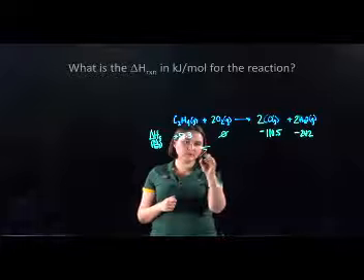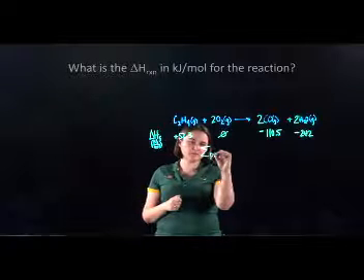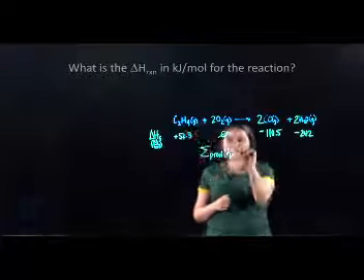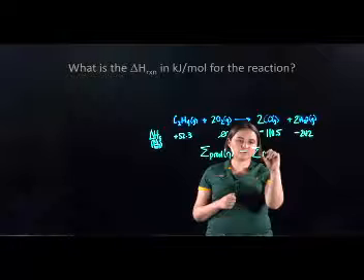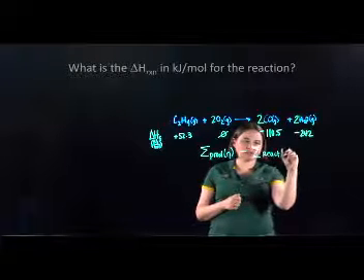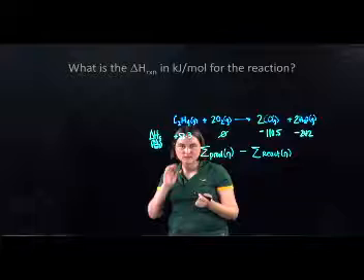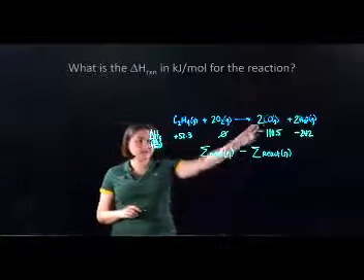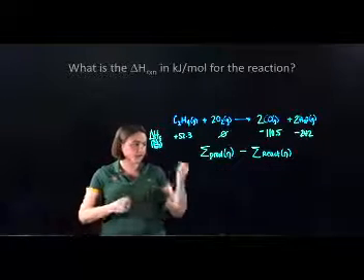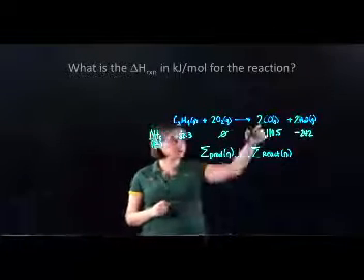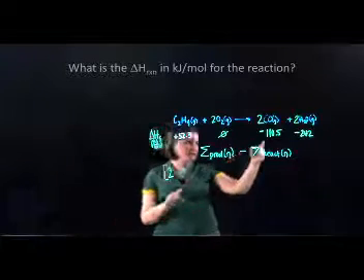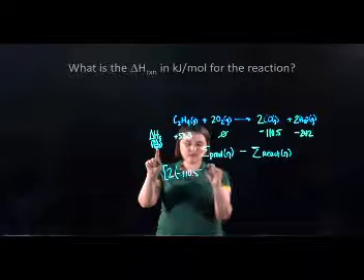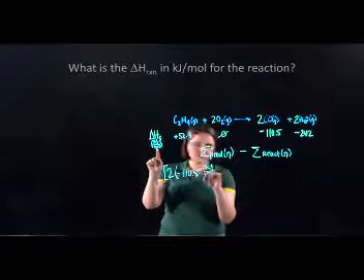All right. So it's going to be the sum of the products times their coefficients, which I'll just call N, minus the sum of the reactants times their stoichiometric coefficients, which I'll call N as well. All right, so I'm going to take all of my products and put them in a single bracket. I have 2 moles of carbon monoxide. Carbon monoxide has a heat of formation of negative 110.5, and the units are kilojoules per mole,